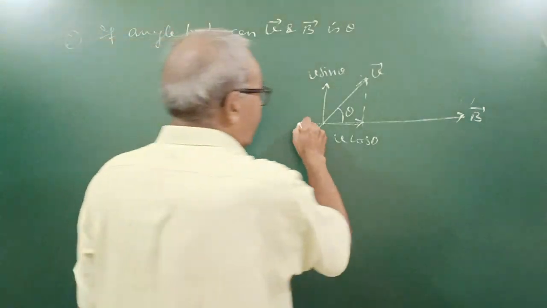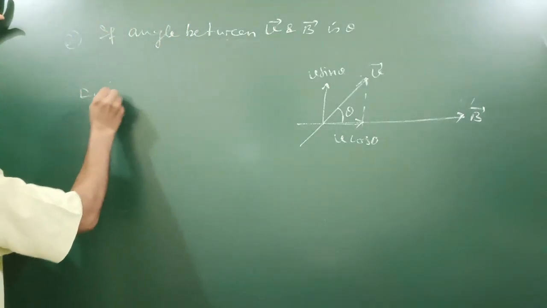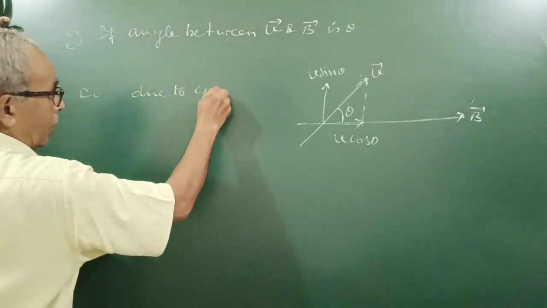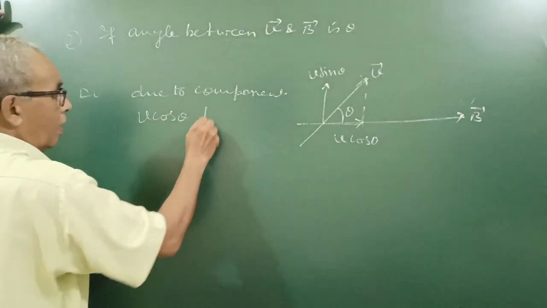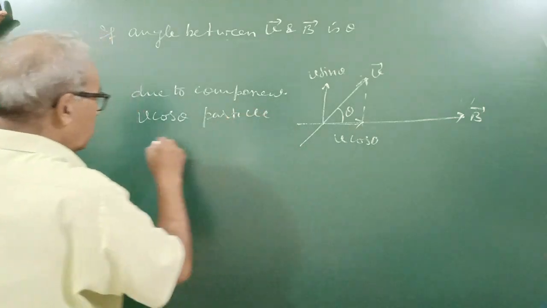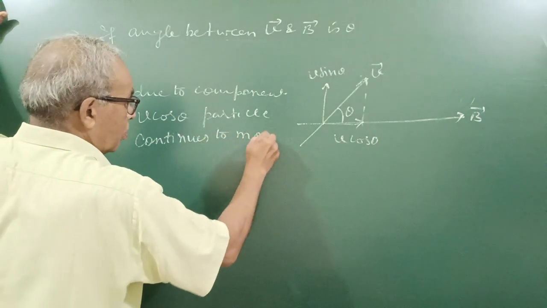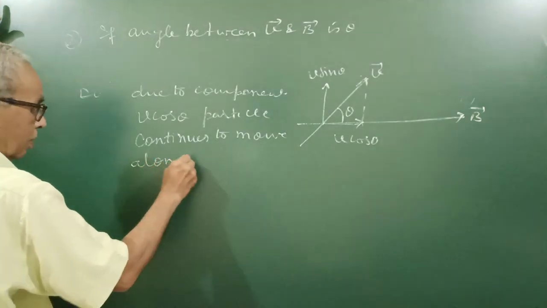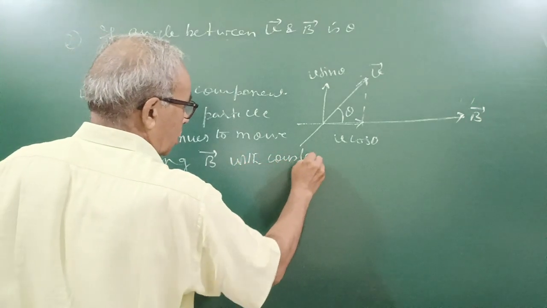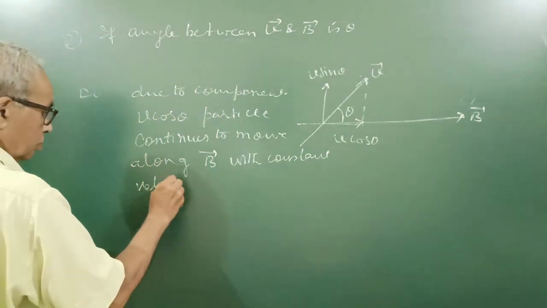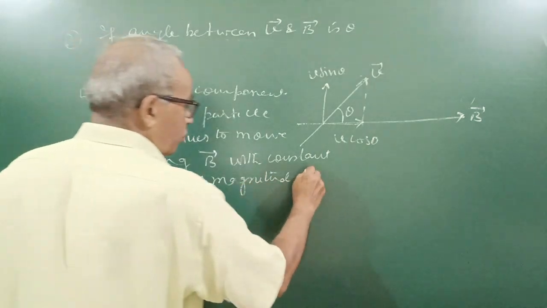Now the component V cos theta is parallel to field B. So there is no force on the particle due to the component V cos theta, and the particle continues to move along magnetic field B with constant velocity of magnitude V cos theta,